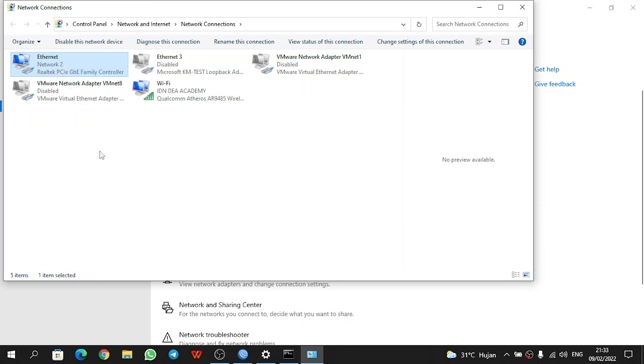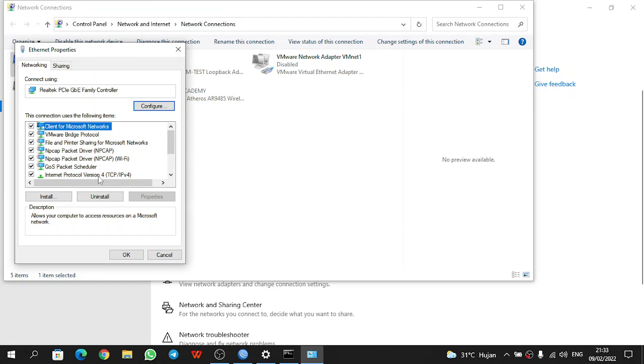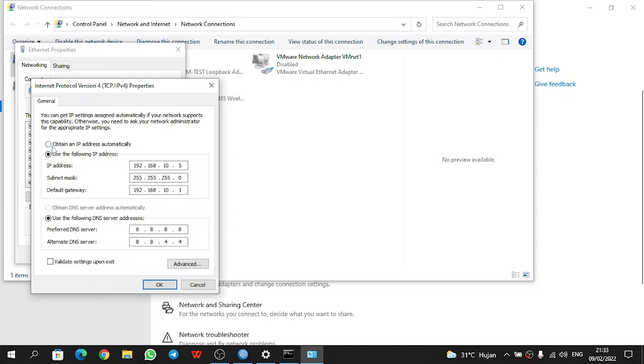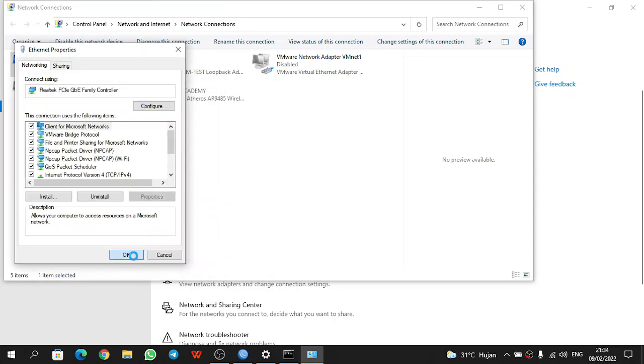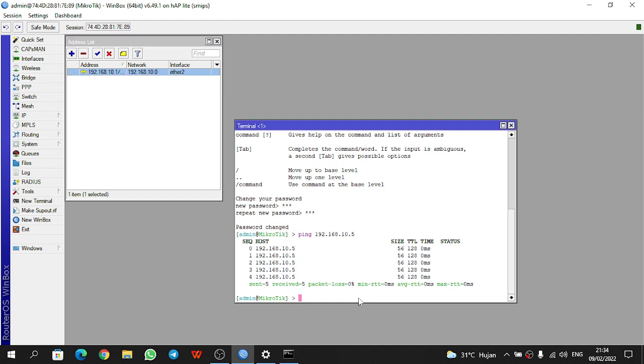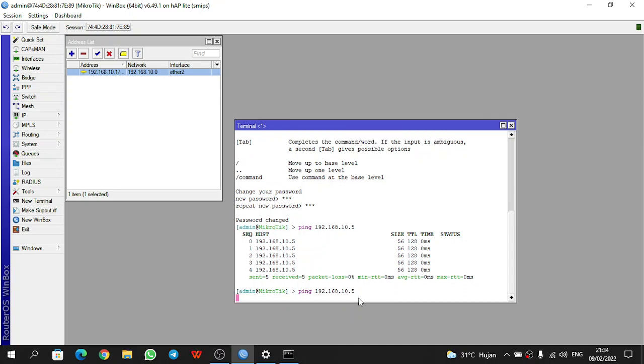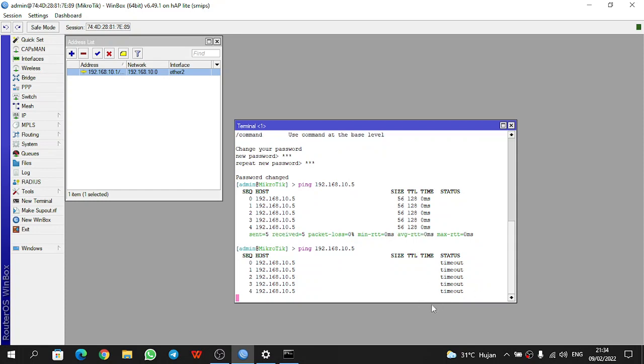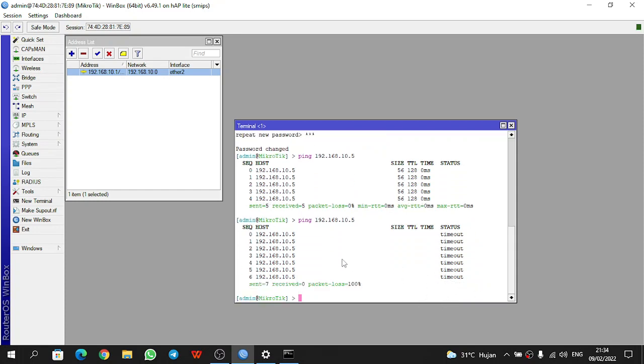Right-click properties, select Internet Protocol Version 4 (TCP/IP), and select obtain an IP address automatically for the DHCP server, then OK. We check the IP with a ping, for example, and it times out, because we set it to DHCP and oh yeah, we have not yet made the DHCP server.